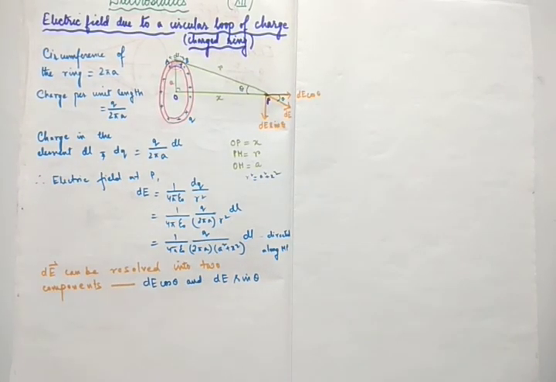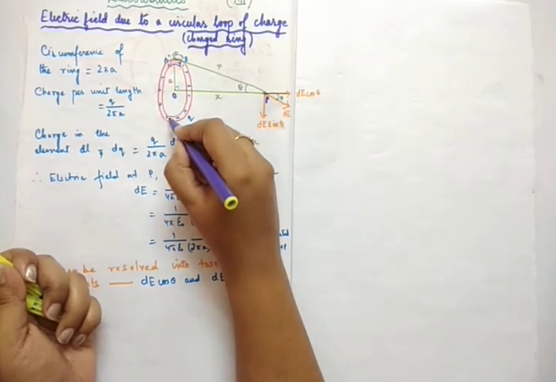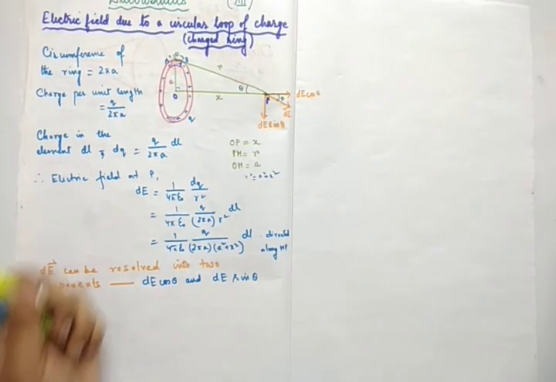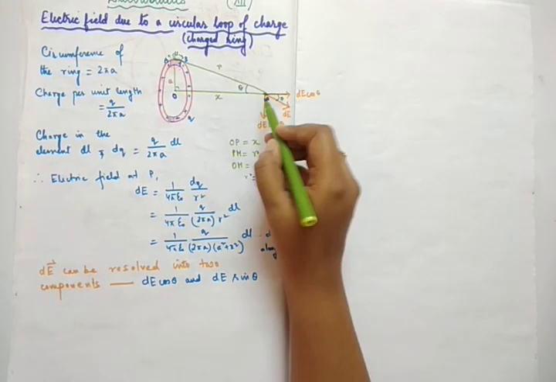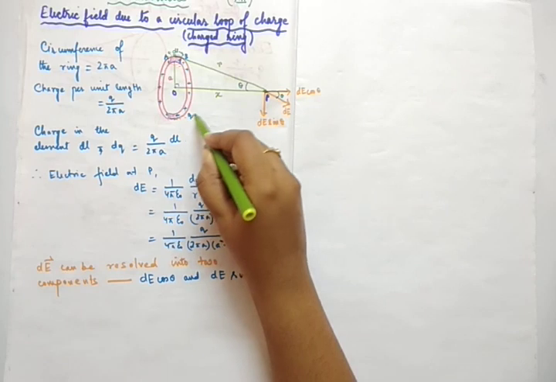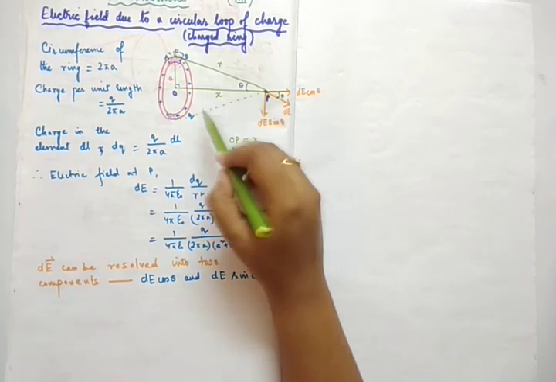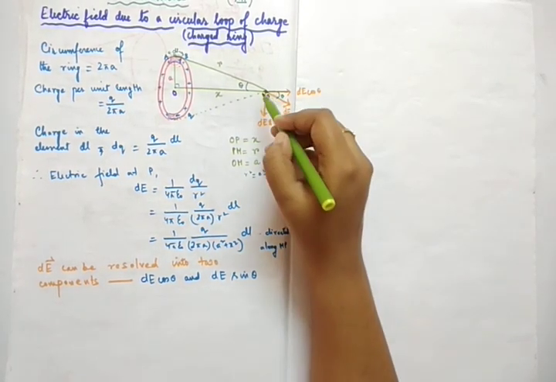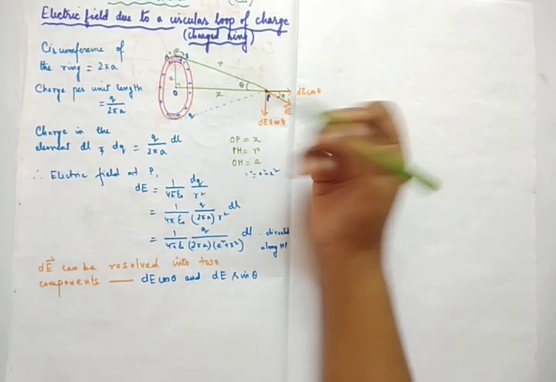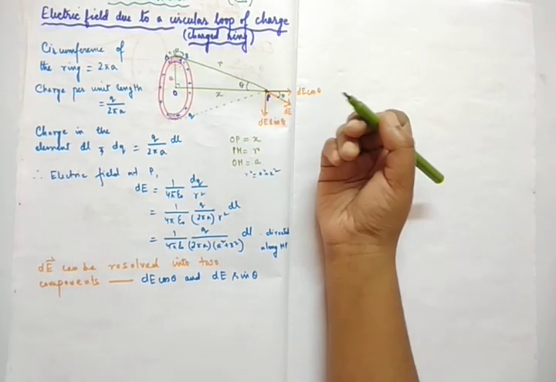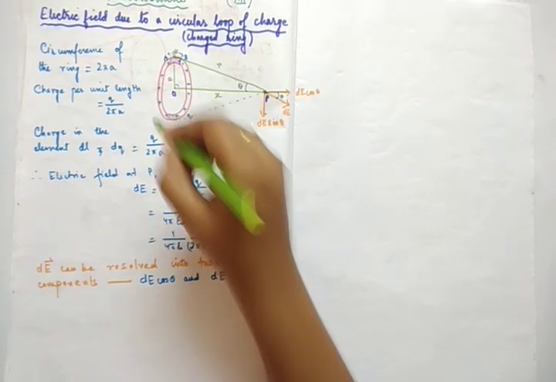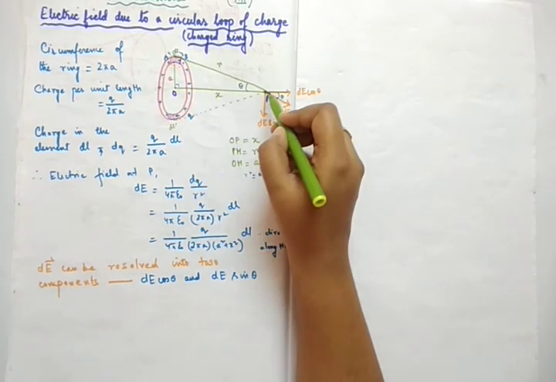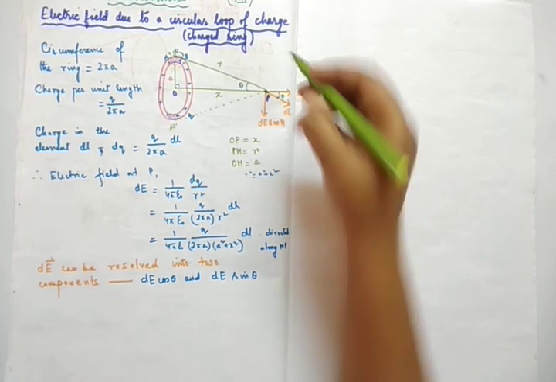Now imagine there was another element here. What would the electric field at this point be again? Suppose here we consider a test charge Q naught of plus 1 magnitude. Suppose here was this small element dl prime, and here there would have been another electric field.